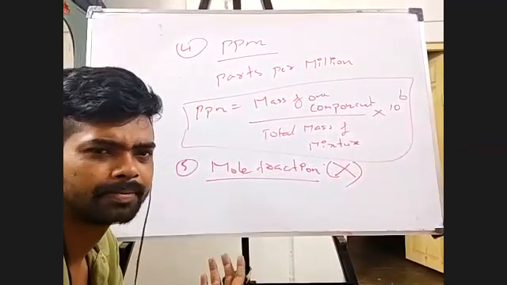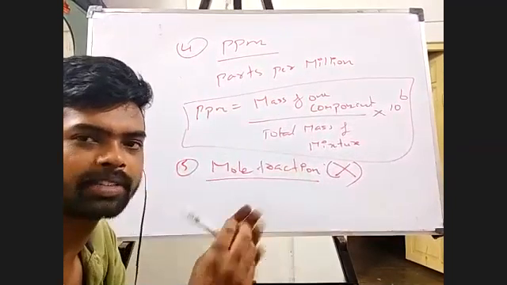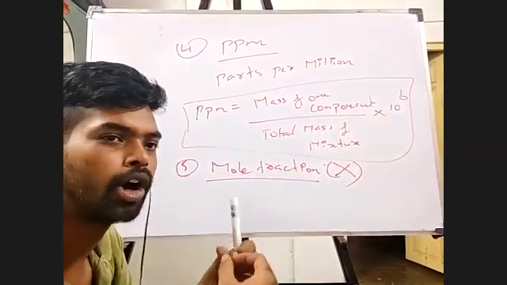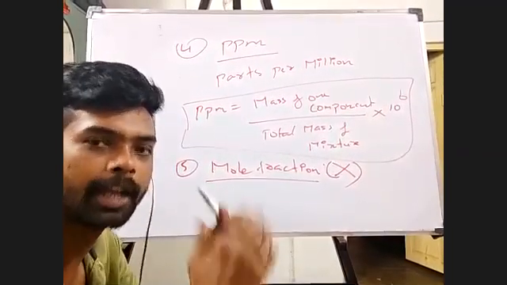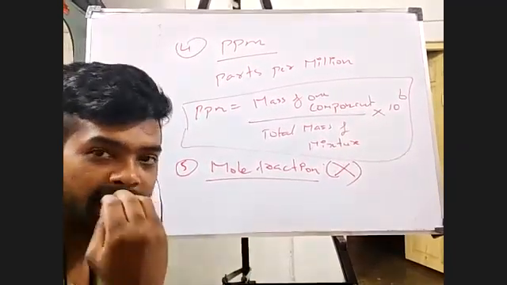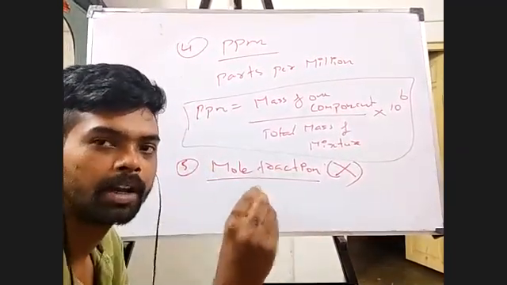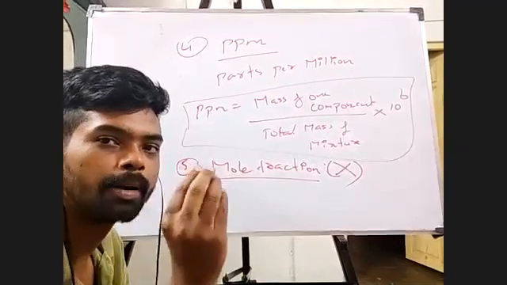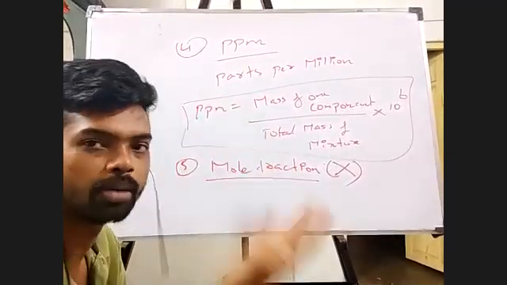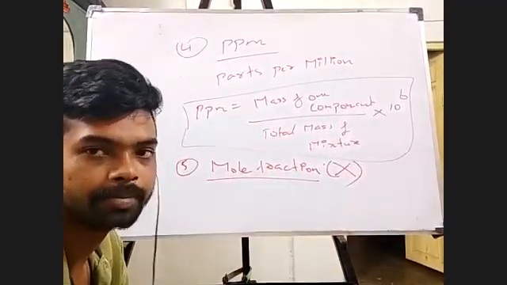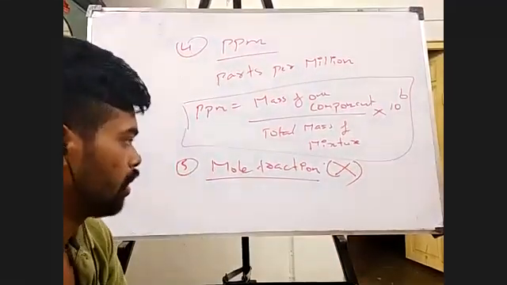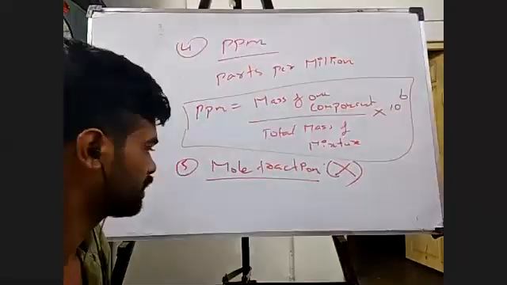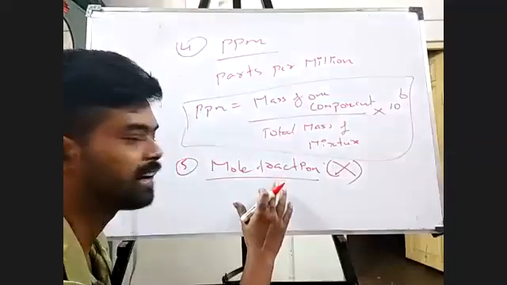Very simple. When I have a total of 1 mole and n components in the mixture, all of these n components together make 1 mole. If I take the first component, the number of moles of it in this total 1 mole is my mole fraction. Now it doesn't have any unit.